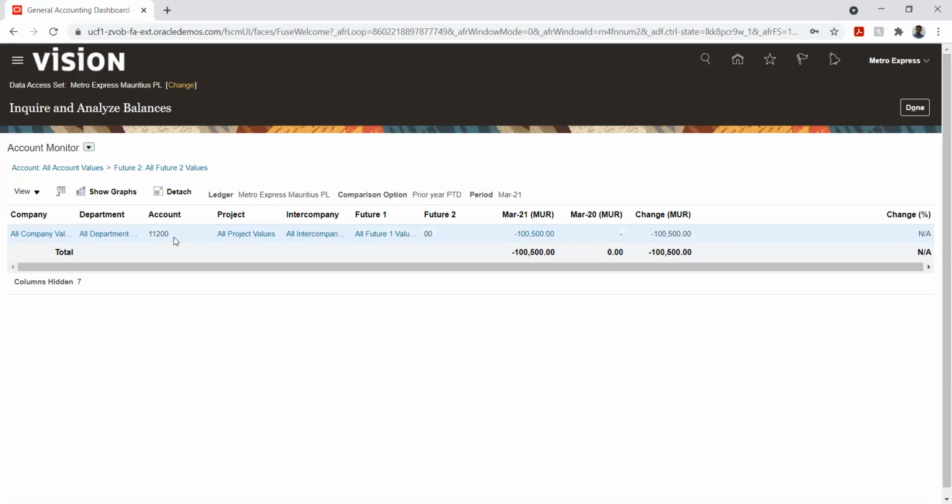That's what I'm saying. There are different statuses for a journal. If this journal is in entered status, I can very well change it. If it is in saved status, even then I can make the changes. But if this journal is in posted status, I cannot make any changes to it. So if it is already posted, it is not possible to change. Yes, correct. Then we only have to pass an extra journal to correct it. Yes, correct. We will have to pass the adjustment JVs.